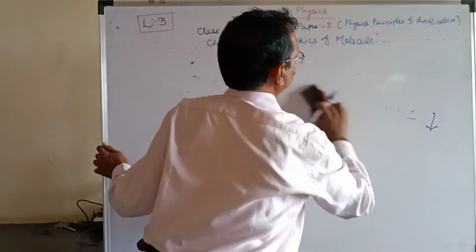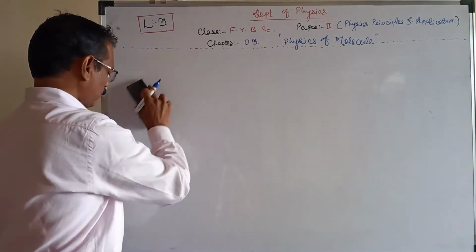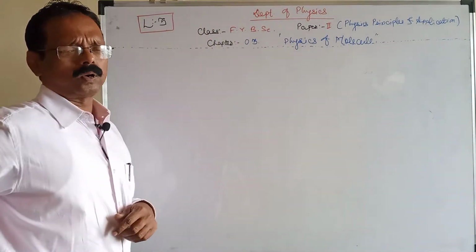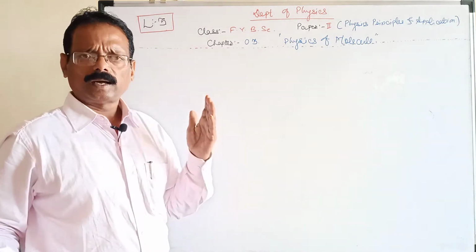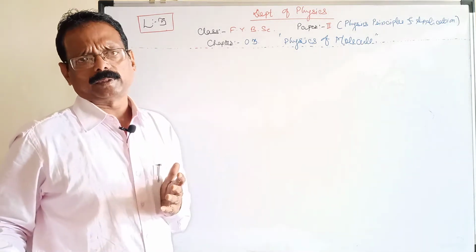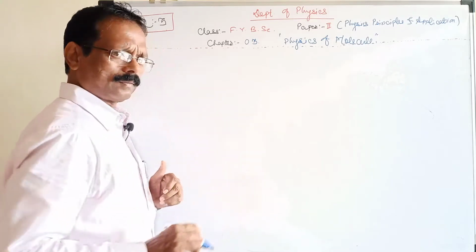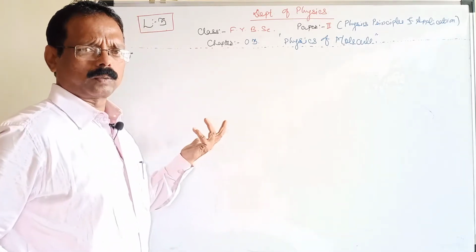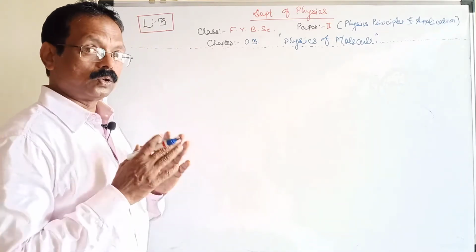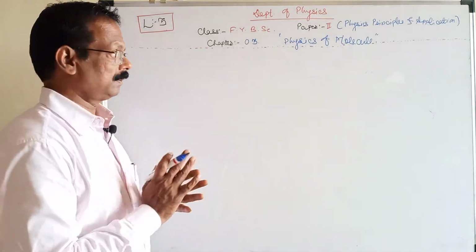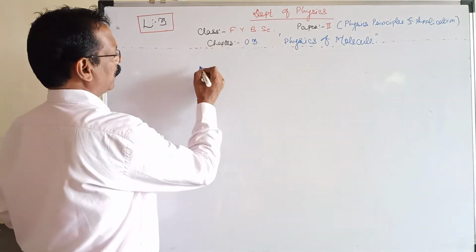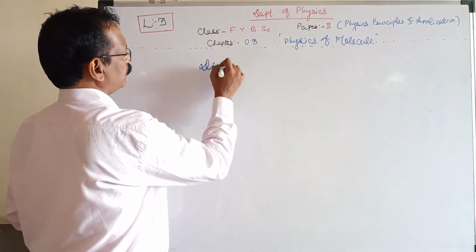Van der Waals bonds are very weak. Their bond energy is very small, and they are attractive only within their neighbors. They are attractive within polar molecules and non-polar molecules. So we must know what a polar molecule is and what a dipole moment is. First we must know what a dipole is.